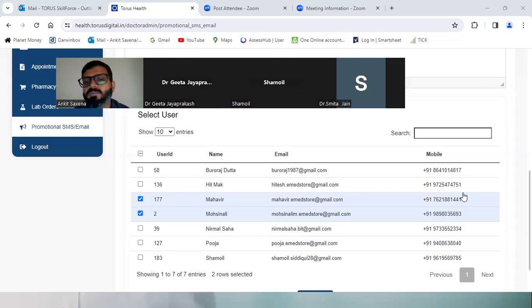Shamoil will be dropping you an email with your login credentials, and using them you can log into the Dr. Admin page and set up your profile and everything. In case you have a doubt or a query, you can get in touch with Shamoil anytime. Moreover, we will also be sharing the FAQs document and some small learning videos of this entire page.